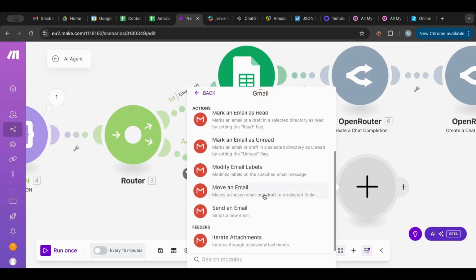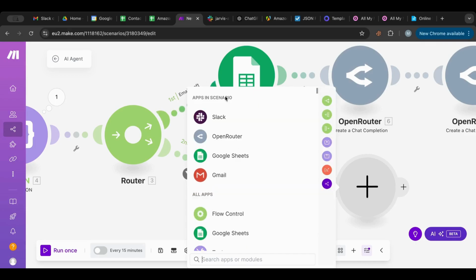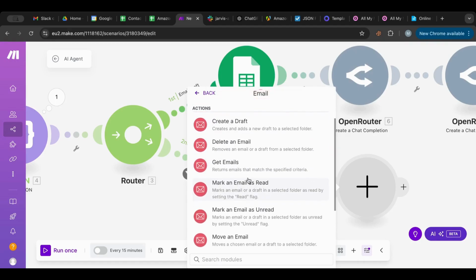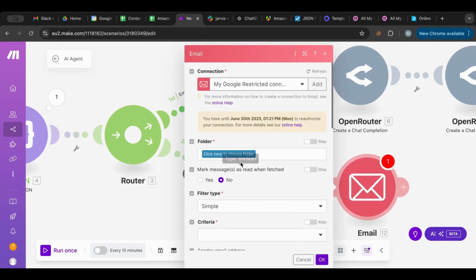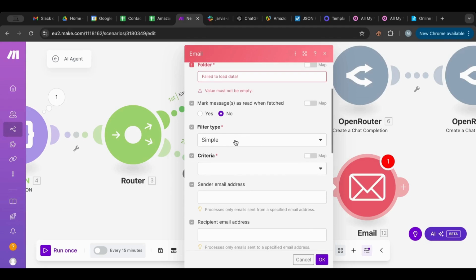Okay, let's say, let's get the email one, get emails. So here it returns the email that matches specific criteria. Okay, I think this is what we want. We'll search in the, okay, because I didn't connect it anyways. Yes, criteria,